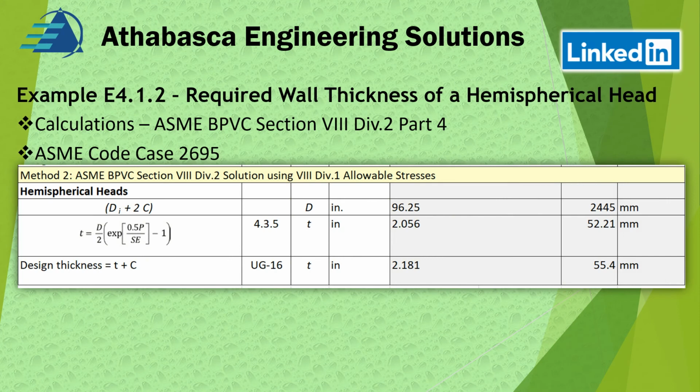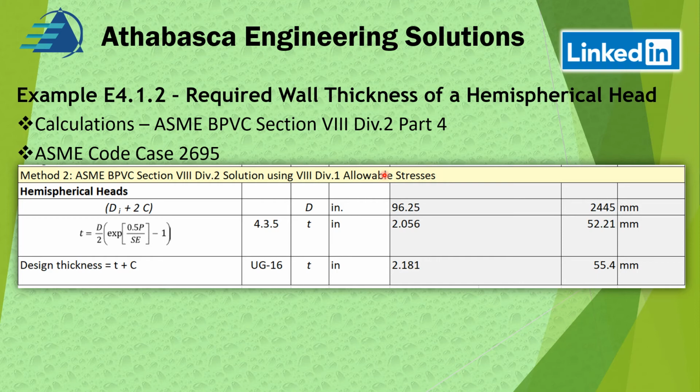We also have this alternative method number 2, where you can use Division 2 to do the calculation, but at the same time you have to go back and use the Division 1 allowable stresses. We're going to look at that a little bit later towards the end of the presentation, where we're going to compare them. But so we've done the math. Once again, they use slightly different terms, but D is basically the corroded diameter, and it's shown over here as